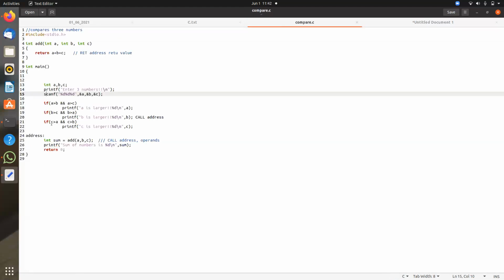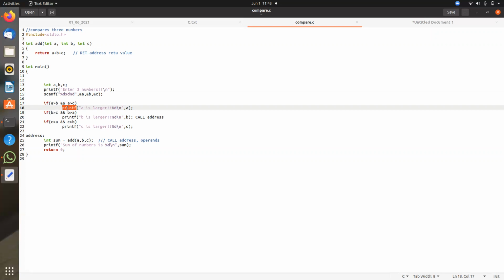Yes, sir. Printf I can define in some code, and compile and make a library, so that today the application is compare.c. Tomorrow I will have one more function, add.c. I will call printf also. The same library will be reused. Okay, sir. One is reusability, and what about the code size?